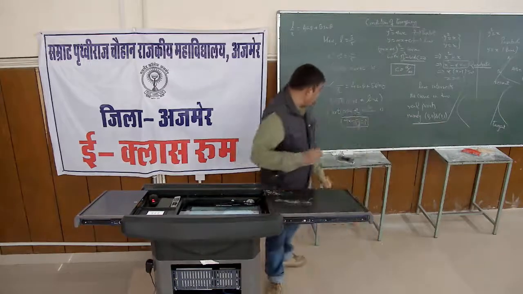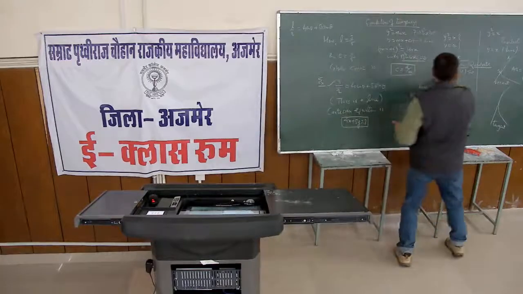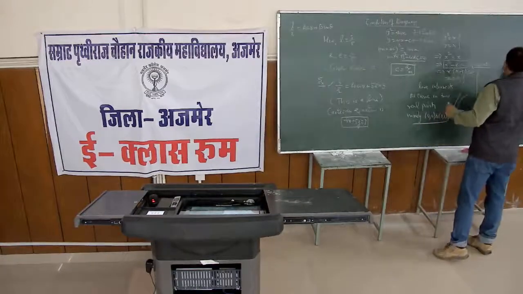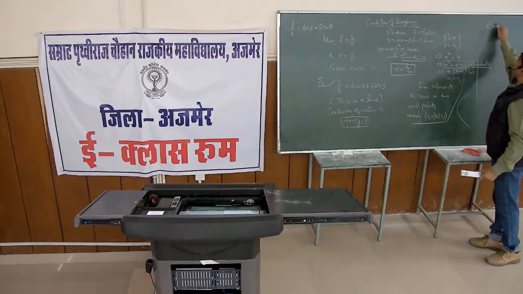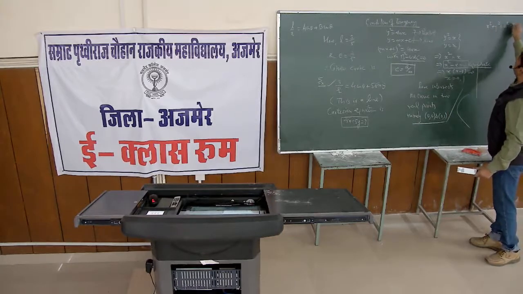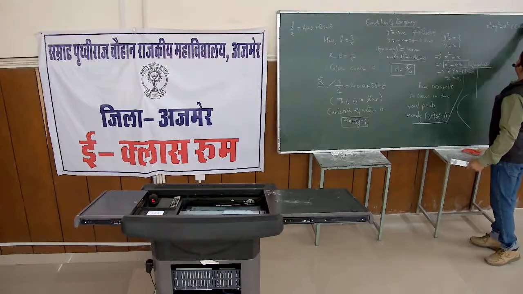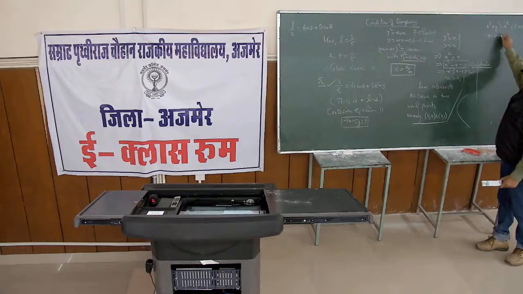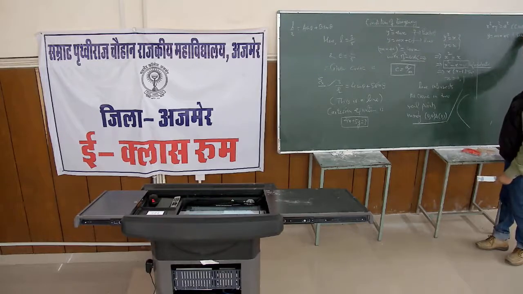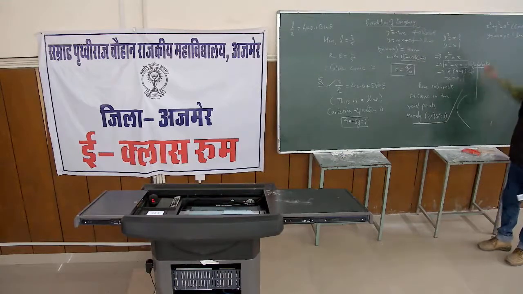In the similar way, if I consider x square plus y square equals a square, this is circle, and y equals mx plus c, this is the line. So condition of tangency,